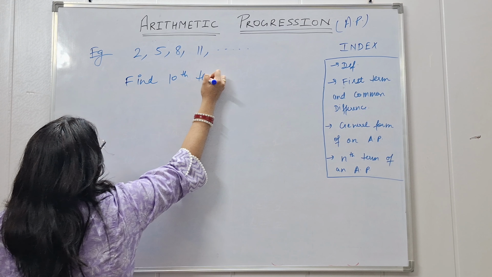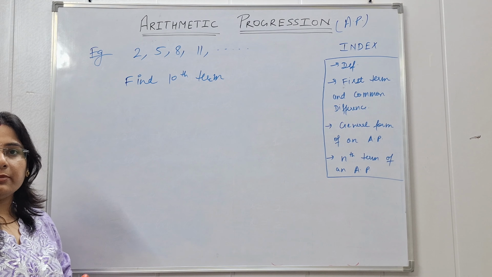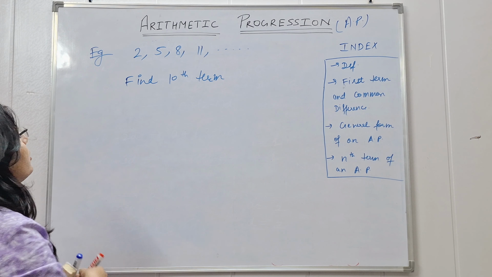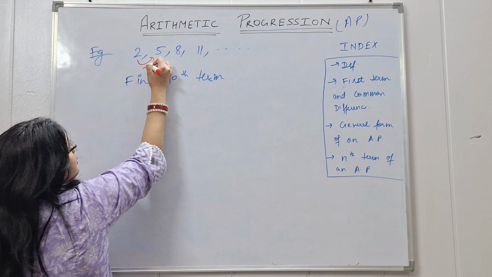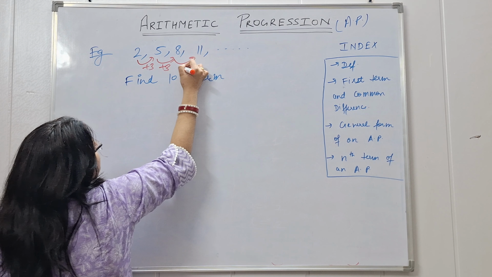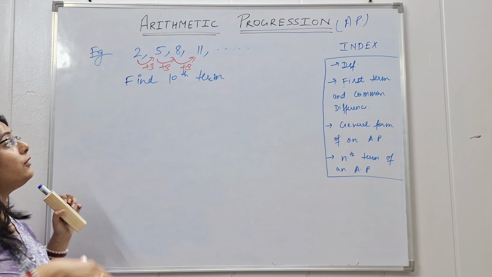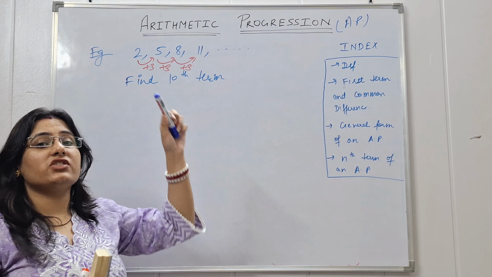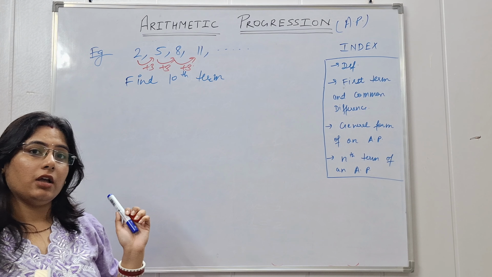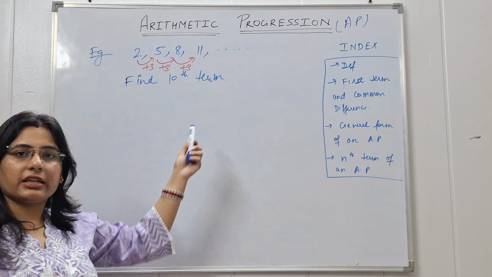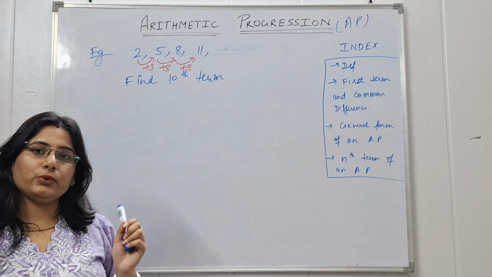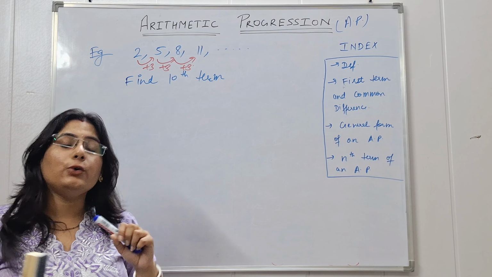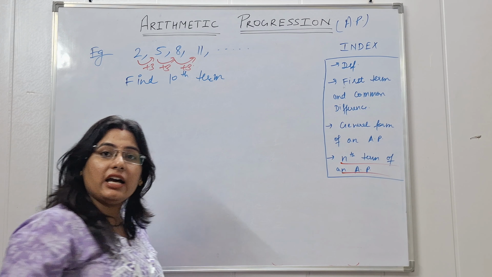First of all, we have to check this is an AP. How will we check? Each term is obtained by adding a fixed number to the preceding term. 2 plus 3 will be 5, 5 plus 3 will be 8, 8 plus 3 will be 11. So this is an AP. Now we have to find the 10th term. अब क्या करोगे? ऐसे थोड़ा करोगे 11 plus 3, 14, 14 plus 3, 17, बार बार प्लस प्लस. अब स्टूडेंट सोचेंगे कर लेंगे, 10 टाइम्स ही तो करना है. हो सकता है वो 100 टर्म पूछ ले, 120 टर्म पूछ ले, then will you add 120 times to obtain the answer? No, we will use this concept of the nth term of an AP.